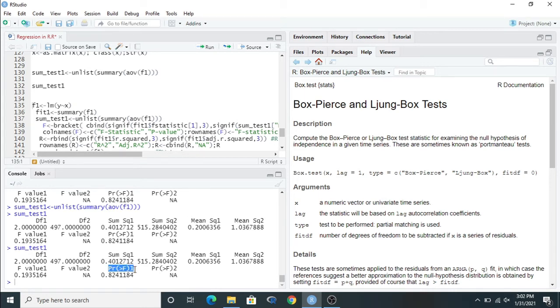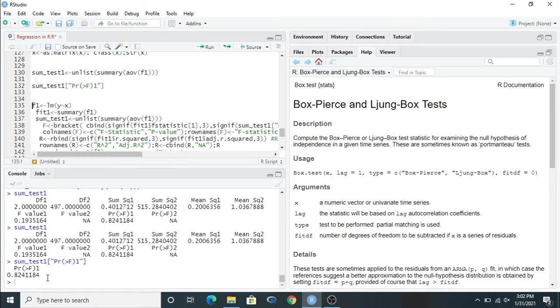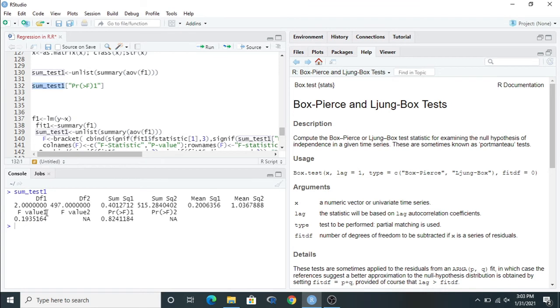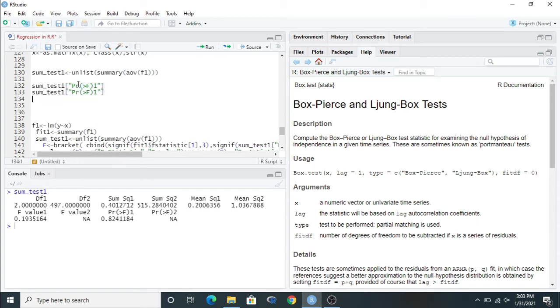Storage here means the name of this point is this. So we can copy this name and use it here to extract this. Remember one thing, this is a character, so we have to put it as a character. For extracting anything we have to use the square bracket. Inside the square bracket we use a comma, then the name, then run this, and you can find this is the p value. Then we can extract the p value by using this name. Just copy the whole line, then put the name instead of p value.